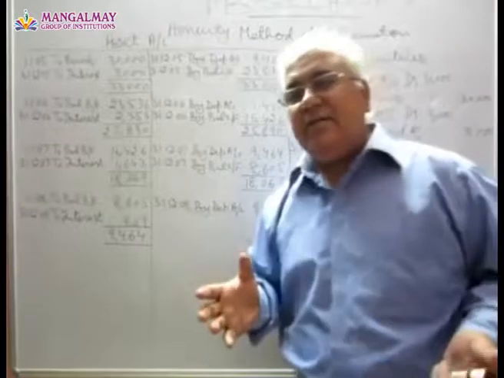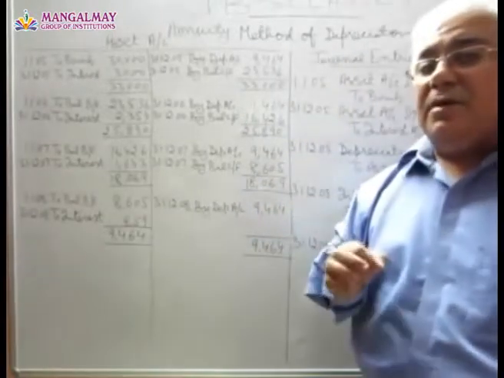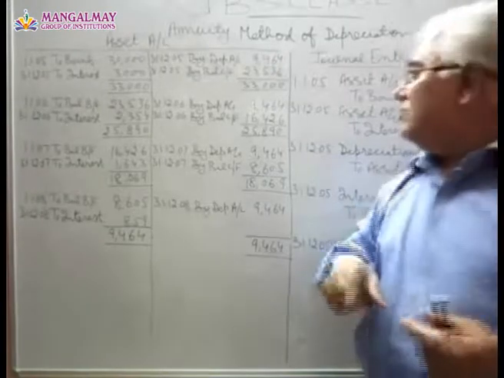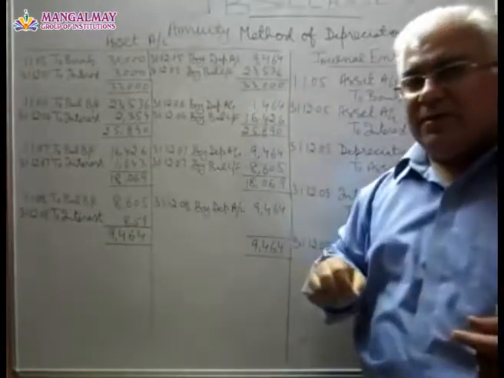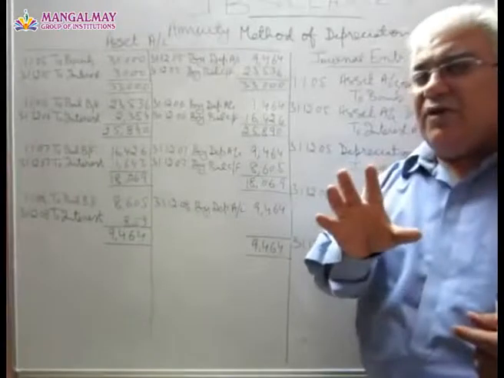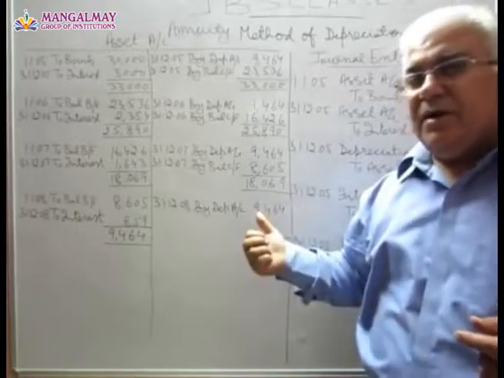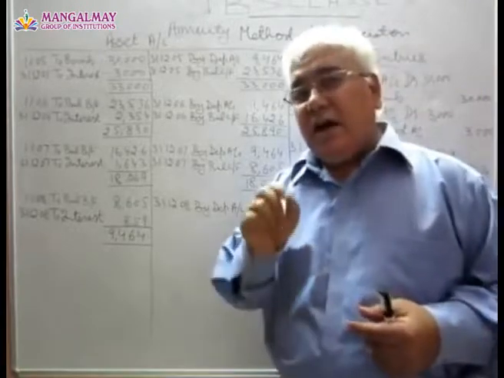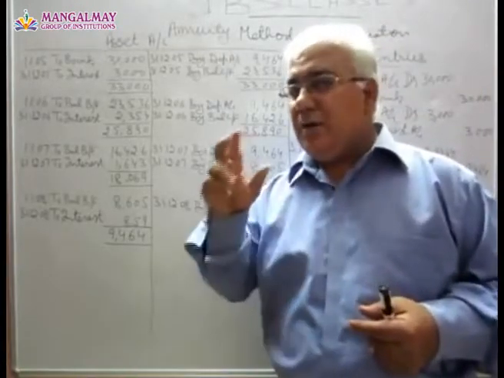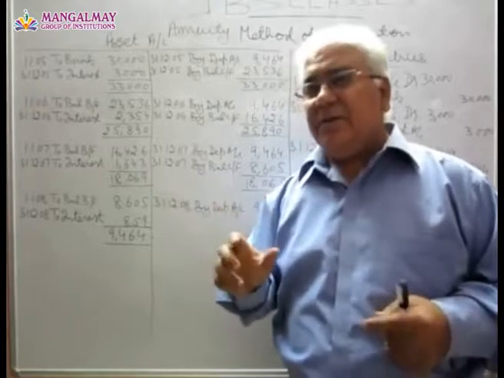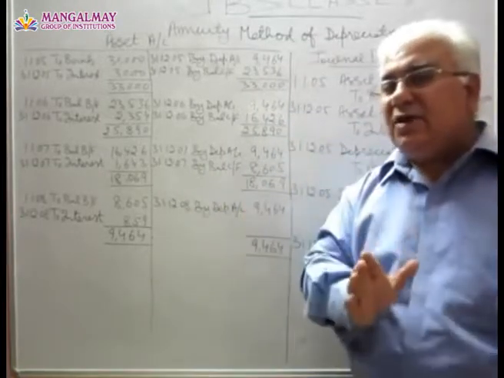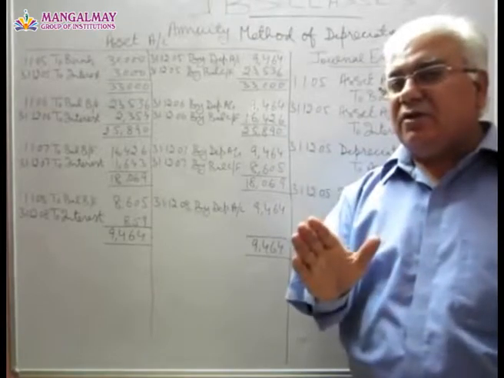You see, it's a very easy method, but the problem comes when new additions happen, then we have to recompute the amount of depreciation to be charged. So that is a sort of complexity which comes there. But otherwise it's a good method in the sense that it recognizes the opportunity cost of the amount invested in an asset. But if you look at the other angle, it does not burden our profit and loss account